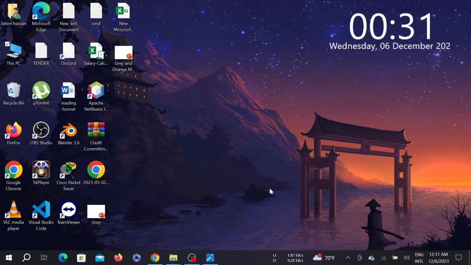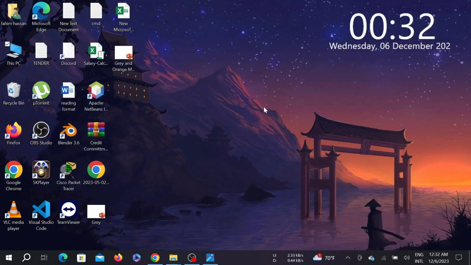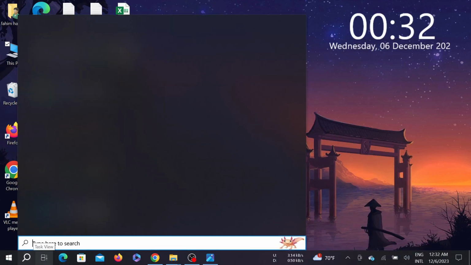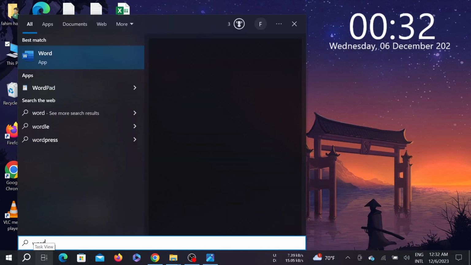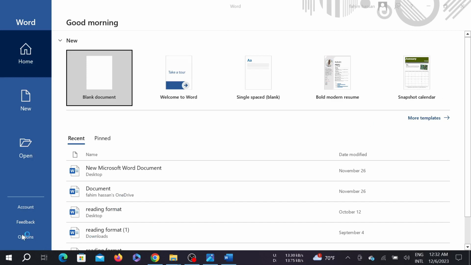And in this video I'm going to show you how to fix the error you experience when trying to open the file. So I'm going to show you how to fix this problem. First of all, go to your search option here and search Word and click it to open. And after that select the options